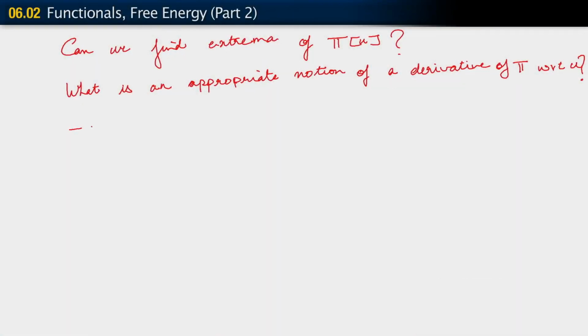Why is this not obvious? Why is this not something that we can directly inherit from our conventional notion of derivatives of functions? Well, because we really need to say what it means to differentiate a functional, which maps into the space of real numbers. We need to talk of what it means to differentiate it with respect to an entire field. And this is not that straightforward if you think about it. In fact, unless you already know how to do it, it should not be obvious to you how to do it. So we are really talking here of